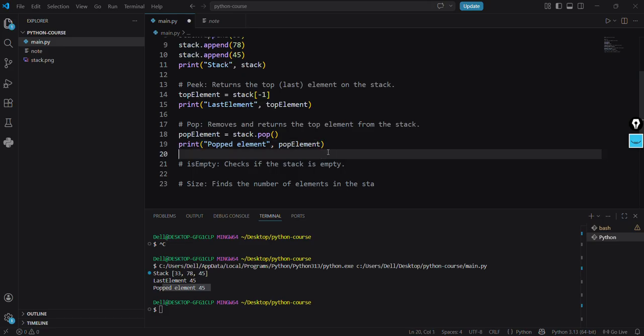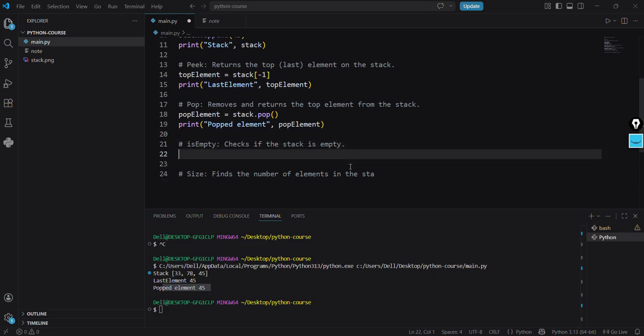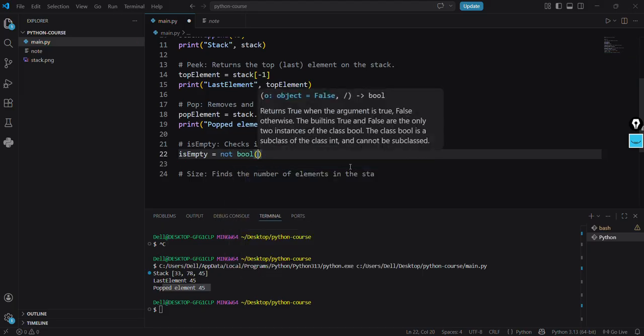After pop, we can check if the stack is empty. That is quite easy. To check if the stack is empty, we'll use a boolean. We can store that in a variable. We can say is_empty, and we say not bool, and then we pass